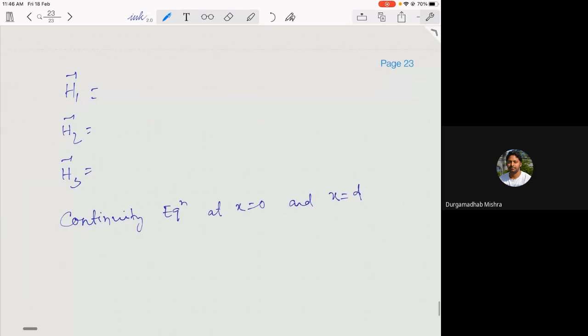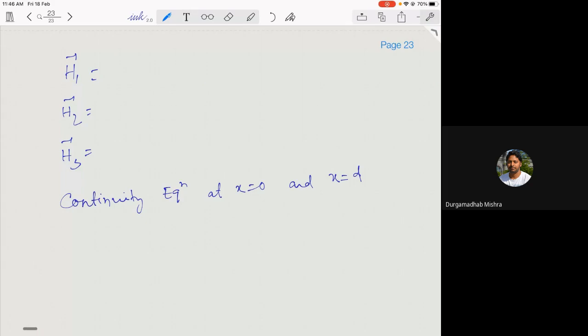It is very simple. Because these are all tangential components, the tangential component will be continuous for both the electric field and the magnetic field, because it is a dielectric medium. For a conducting medium, the continuity equation is different. Since it is a dielectric medium, both the electric field and the magnetic field will be continuous at the surface or the interface. And if you apply that, you will get a relation something like this. So I will write down the final one,